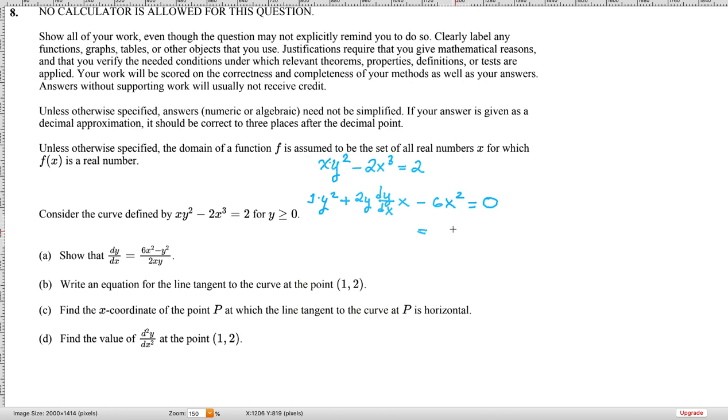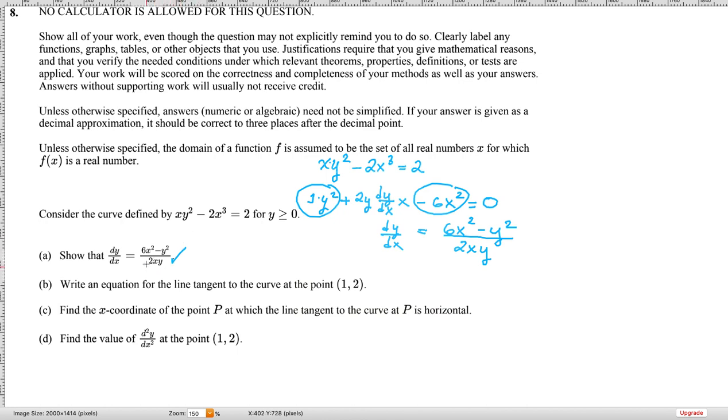I'm going to move over every term that doesn't have dy dx in it. So I moved over the y squared term and then the negative 6x squared term. Then I'm going to divide by 2xy. And what I'm going to be left with is dy dx. And that's just algebra. And I have shown that dy dx is indeed this